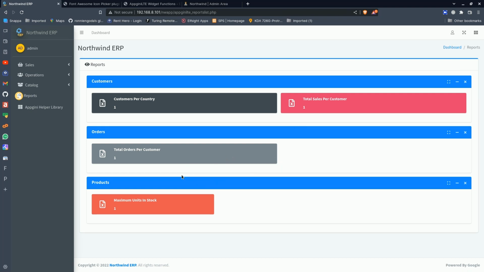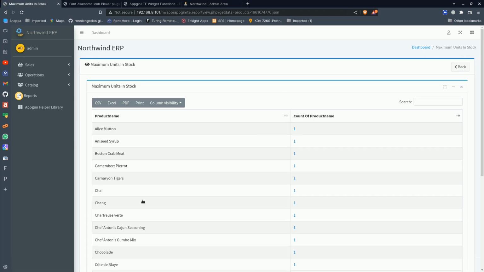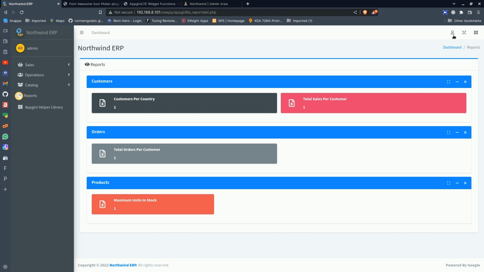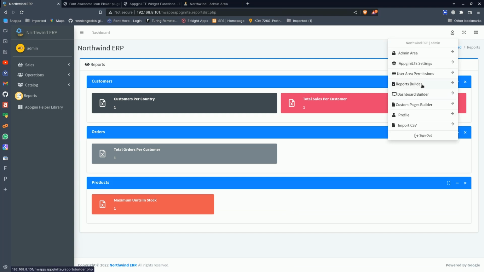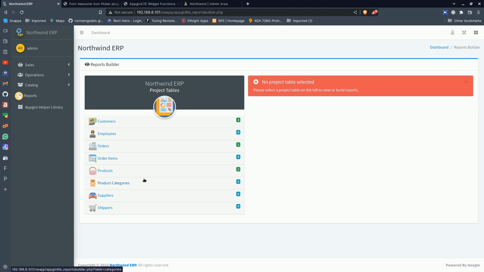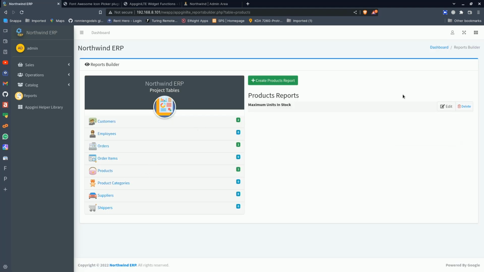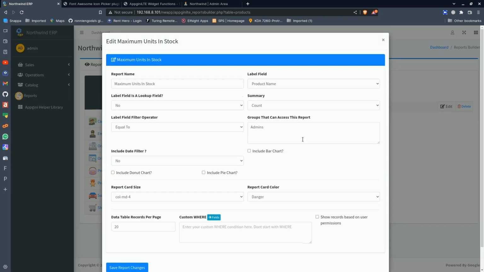So that's it. Like this one, this report here, we did one for maximum units in stock. So you can see for each product we have its unit there. So you can actually just play around with it first, see how it works. It may not really work the way you expected. In some cases you'll find some challenges here and there, but